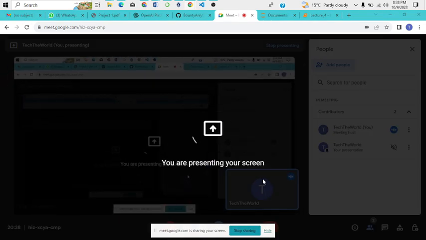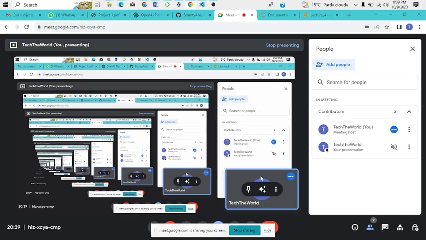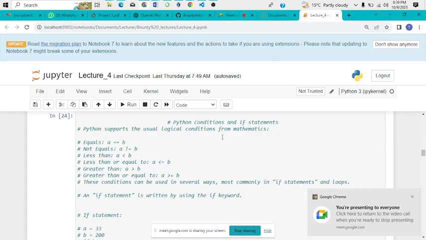Today we're just going to learn about three things. We are going to learn conditions, Python conditions. We are also going to check through loops, and lastly we are going to learn about Python functions. So without wasting much time, let's just get into Python conditions, whereby we are just going to start